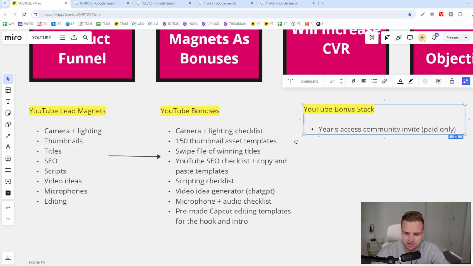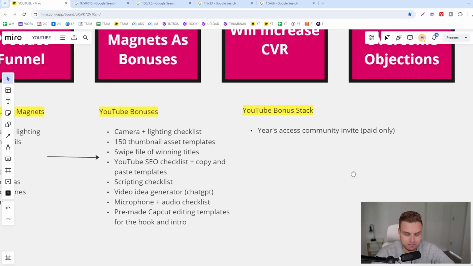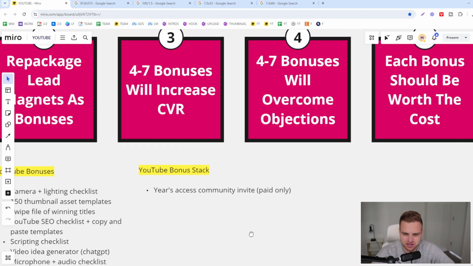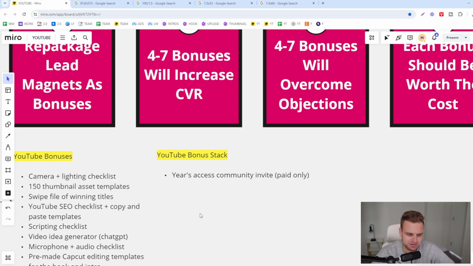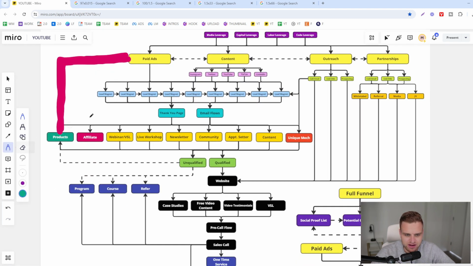essentially, but you want to have this year's access to the community, because that's the best opportunity to build the relationship to where they will actually trust you to buy from you, basically. So very important that you have this, because when you do it like this, it's not a perfect path, but you're essentially going from paid products into community, into determining whether they're qualified or not, something